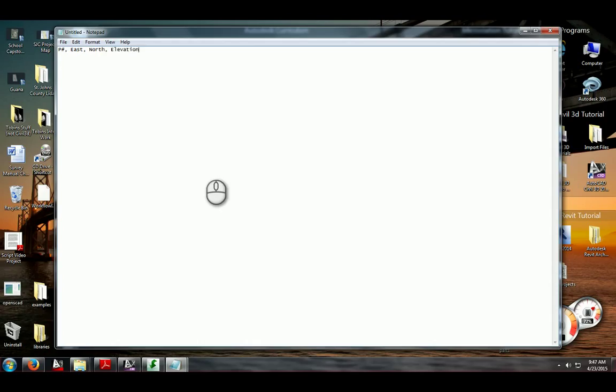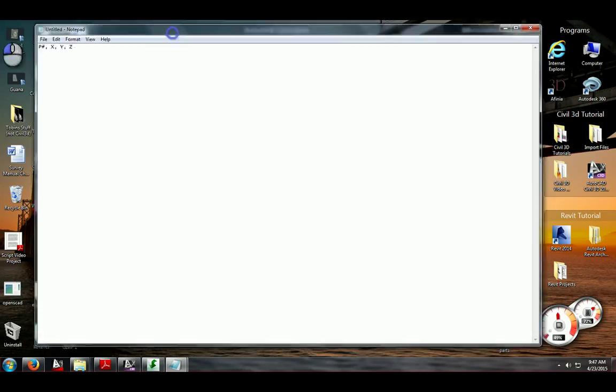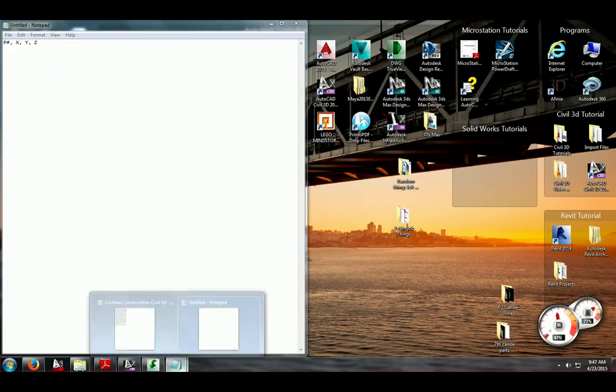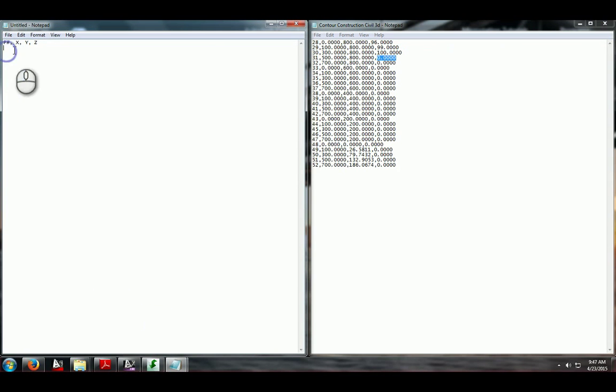And another way to look at it, if you don't like that, is the x, comma, the y, comma, and the z. So, if you go down, you can do point number 1, point number 2, point number 3, point number 4, point number 5,